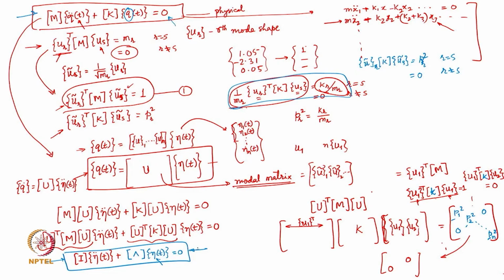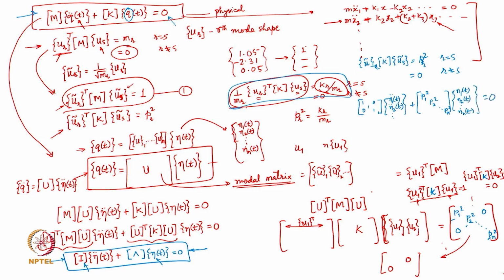But if you consider each one of the equations, represented by this matrix equation, what you have is the identity matrix I, which means you have 1, 1, 1 on the diagonal elements and all others 0, multiplied by eta 1 double dot t, eta 2 double dot t, and so on, plus the spectral matrix, which is nothing but p1 square, p2 square, all along the diagonal, multiplied by again eta 1 t, eta 2 t, up to eta n t